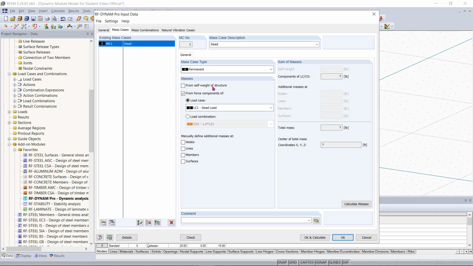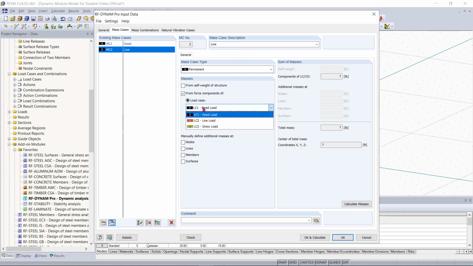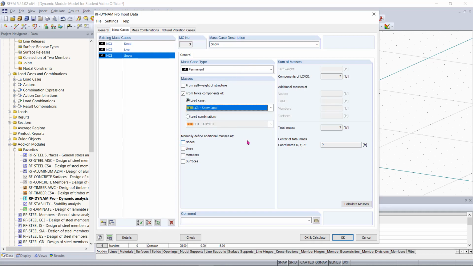Now there are options down here to manually define additional masses, but for now I'm going to leave these empty. And now we can take this mass case and make a copy of it, and then we can name it live, and we can import our live load from RFEM into the module. And then all we need to do is make a third copy and call this one snow. This will be our snow mass case. And then we can go down here and make sure the snow load is being imported in from RFEM for this mass case. So now that we have these mass cases imported, we can proceed by combining these cases into